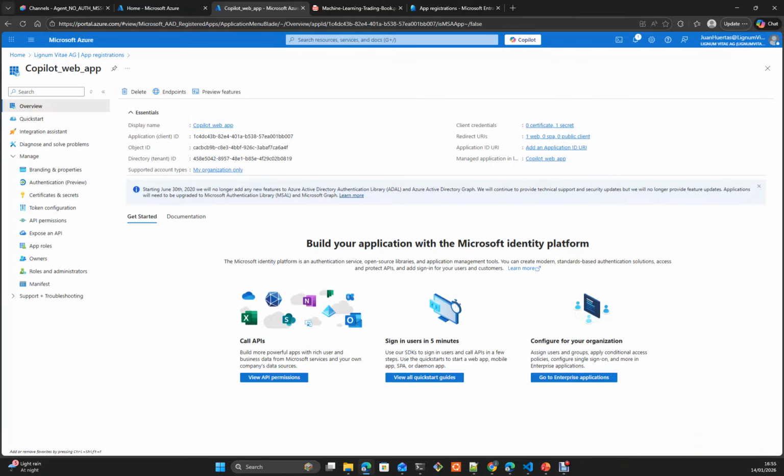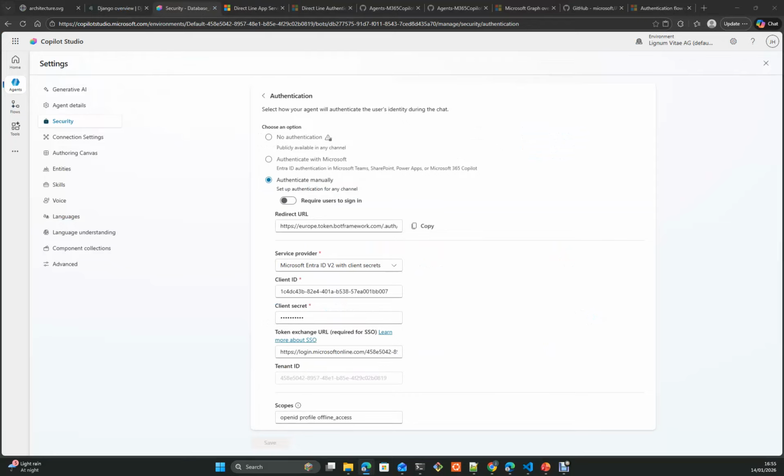Now, if you go to the agent itself, here in the manual authentication we copy the URI, service provider Microsoft ID version 2 with client secrets. This is the client ID of our application, the secret that we have created, and you have here this URL to do the token exchange. This is the URL that we will use to do the single sign-on of our agents. As you can see, here is login.microsoftonline.com, this is our tenant ID,